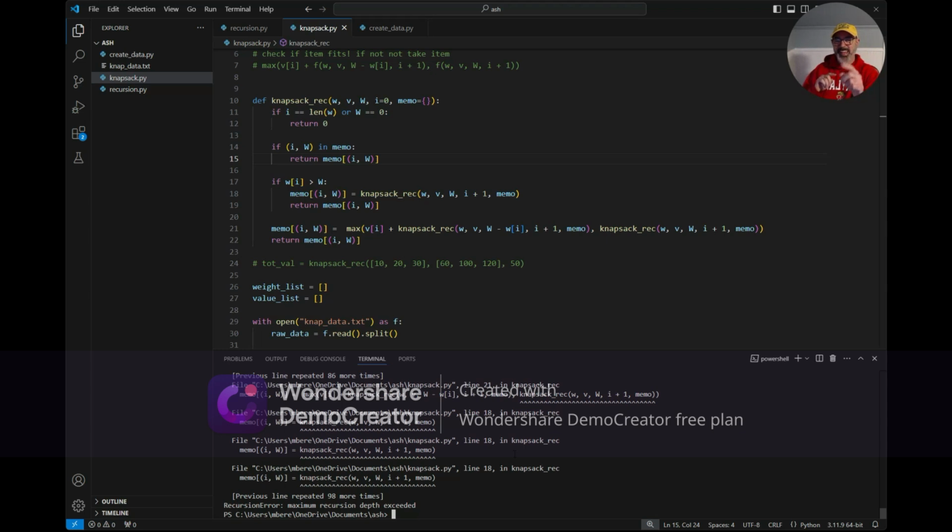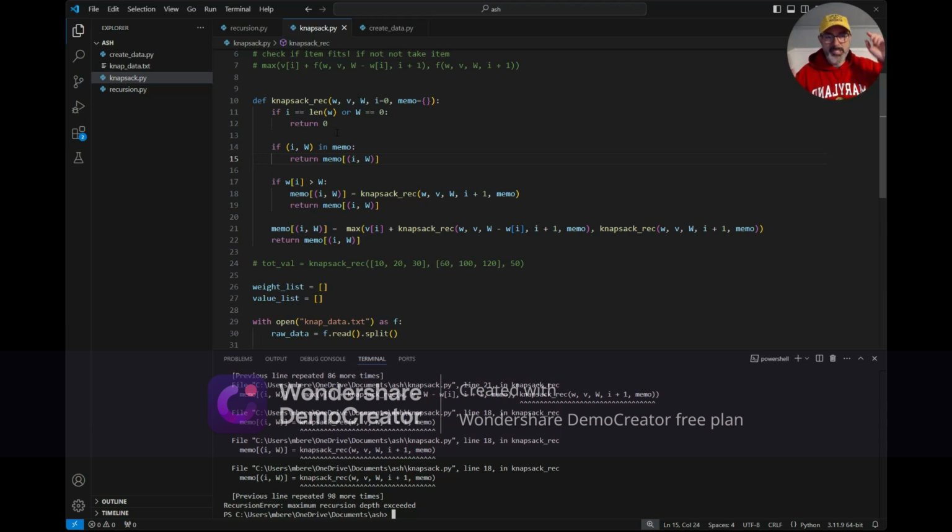There's a problem. Python has a built-in limit of how many times it will recurse through a function. That's a safety precaution, so that if you make a mistake and you don't have a terminating condition or something, things don't get out of control. But we know what we're doing. And as we talked about before, the maximum number of times we will run through this function is the length of the list